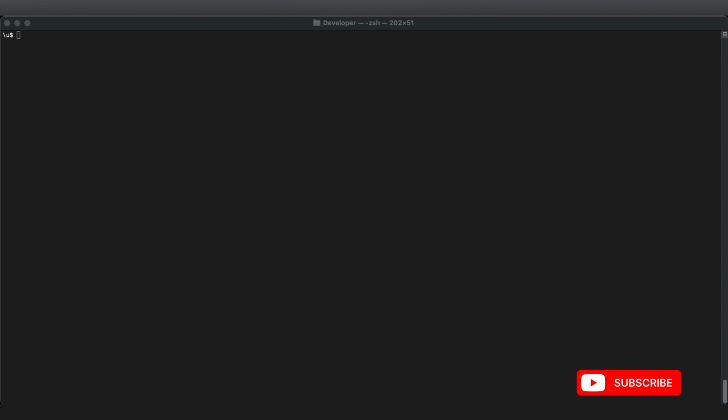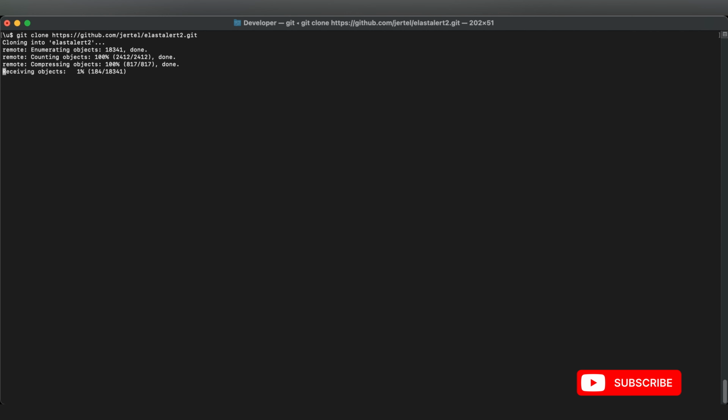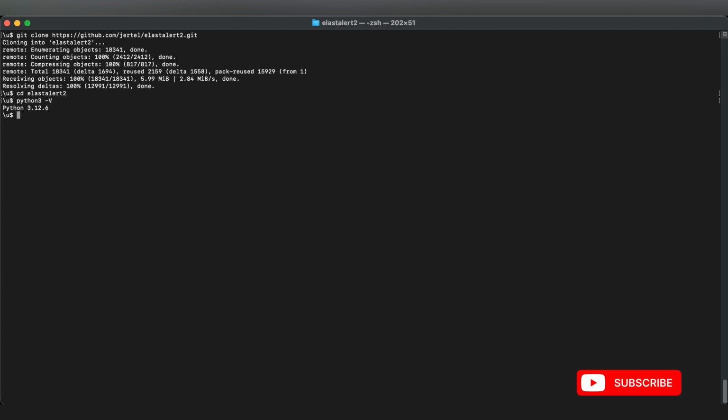So we'll clone this repository. I will provide the feature and description also. You can provide this repository. Once it's cloned, I'll go to the directory Elastalert. Make sure you are using the Python 3 version. Okay, so now the next step is to